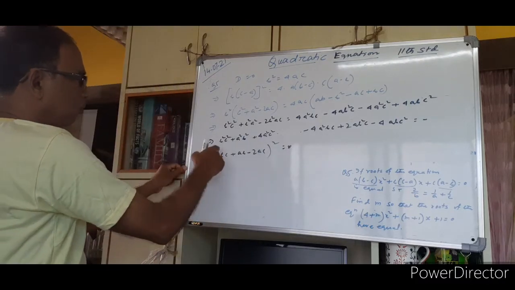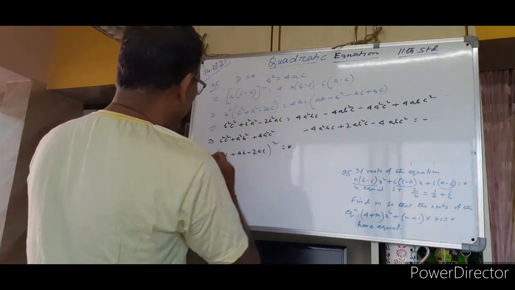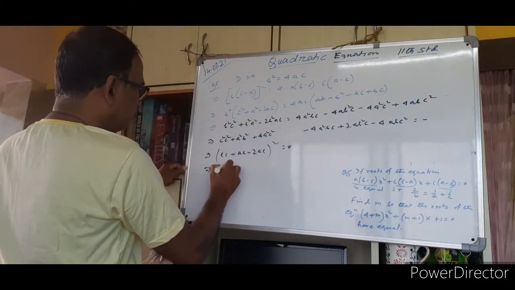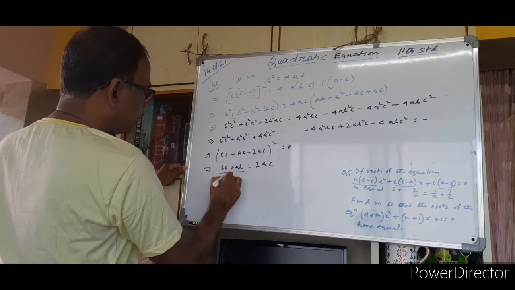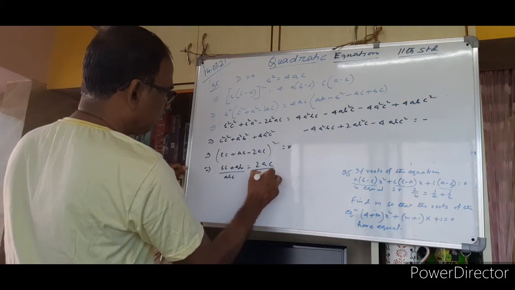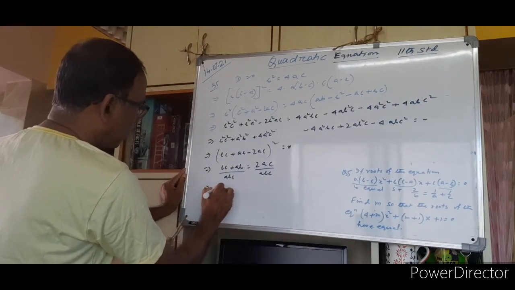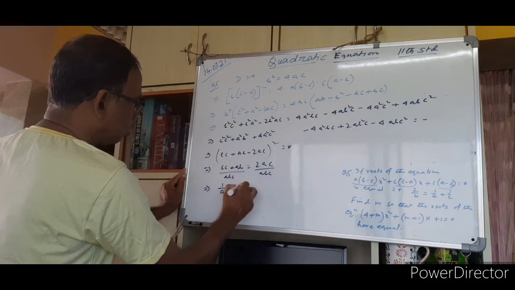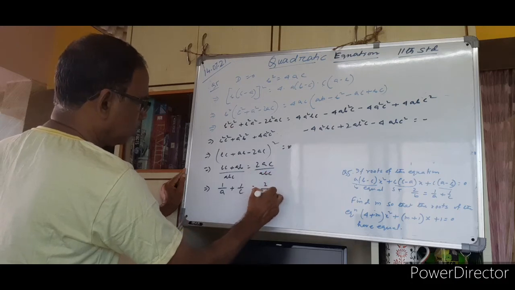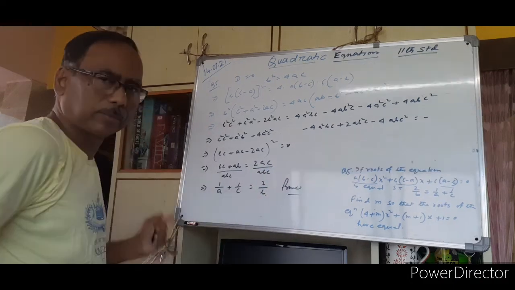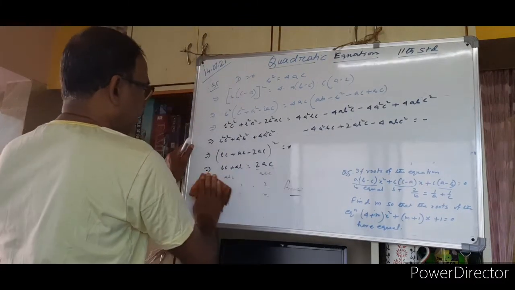A plus b plus c whole square formula, a square b square c square plus twice ab, twice bc, twice ac. We will get this. That means we can write bc plus ab equals twice ac. Dividing by ABC on both sides, because we have to prove this. So this by this equals 1 by A, this by this equals 1 by C, equals 2 by B. ACC cancelled, 2 by B proved. Now we have proved this sum number 5. Next, last sum number 6.